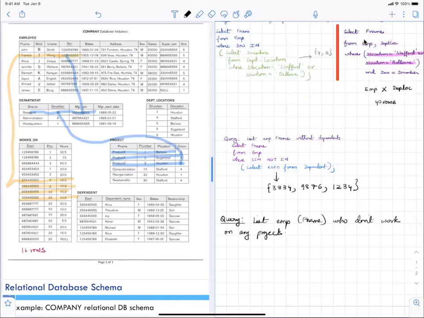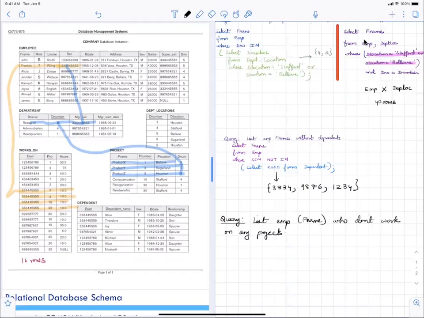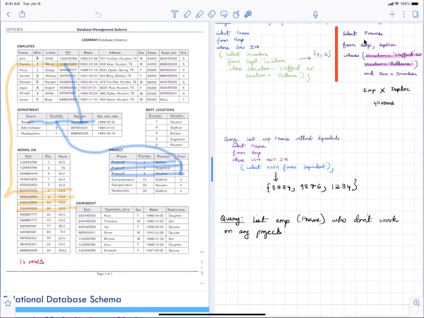Okay, so again, out here, we can do this with the in and the not in operator.